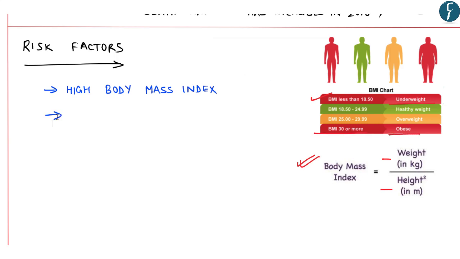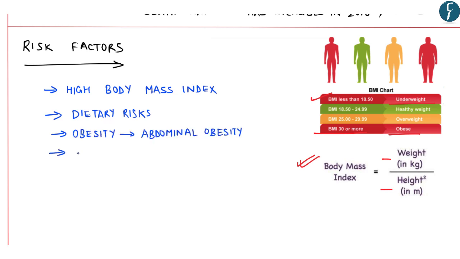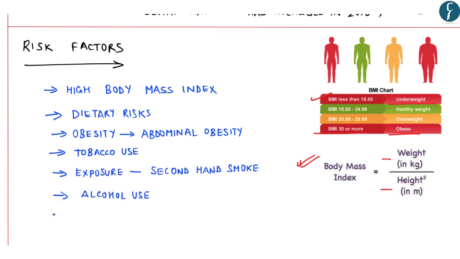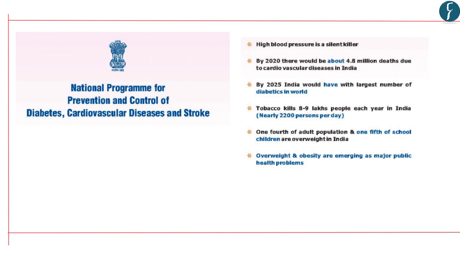Another risk factor highlighted by the study is dietary risks. Further, it talks about obesity, including abdominal obesity in India. The next risk factor is tobacco use. Next, occupational exposure to second-hand smoke, alcohol usage, as well as low physical activity. So, in this aspect, the government of India has come up with a national program for prevention and control of diabetes,